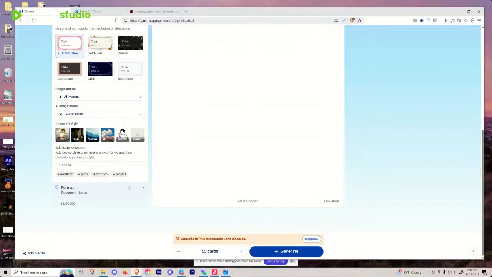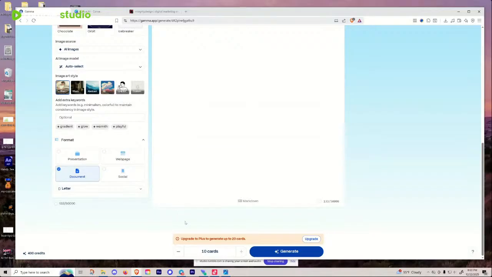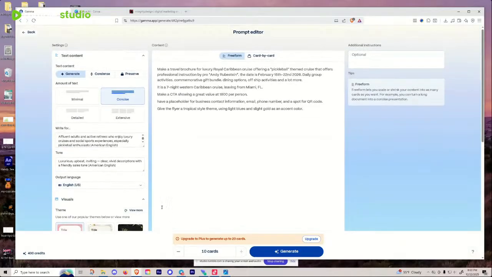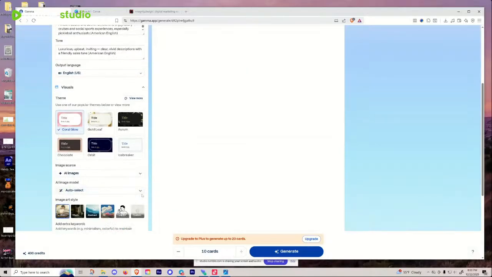So here's some options here. Let's see what's happening here. This is a letter. Okay, so after you pass that first stage with the prompt, now it's going to give you some more options here on the sidebar, it looks like. So I'm going to go over here to